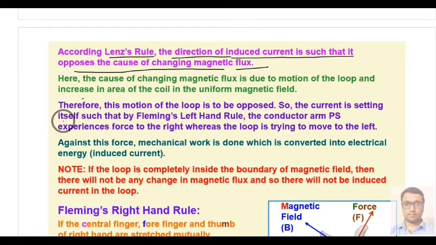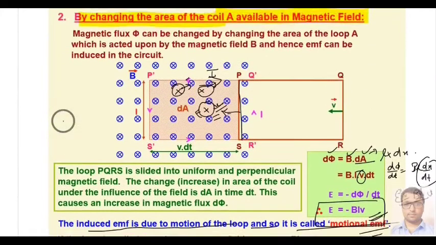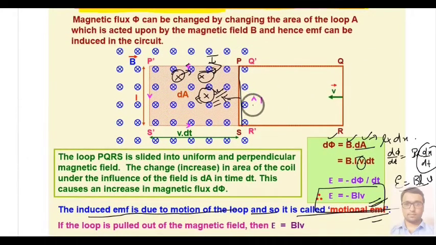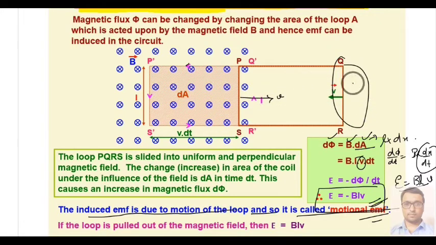Okay, so here we will have two things. First, if your rod is moving to the left, then the direction will be clockwise, and if your rod is moving towards the right, then the direction of the current will be anti-clockwise. Here it is considering the case of motion of the rod towards the right.